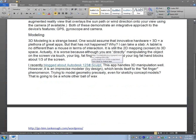And one of them, if you've ever heard of the program called PhotoFly, it has now matured out of the Autodesk Labs into a product called Autodesk 123D. What it allows you to basically do is take images or photos of any object. You take your camera phone or a regular digital camera and take a bunch of photos of any object that's out there. As long as you can walk around this object and create 30, 40, 50 different images of it, you can then upload all of those images to a cloud-based solution, which will then generate a 3D mesh